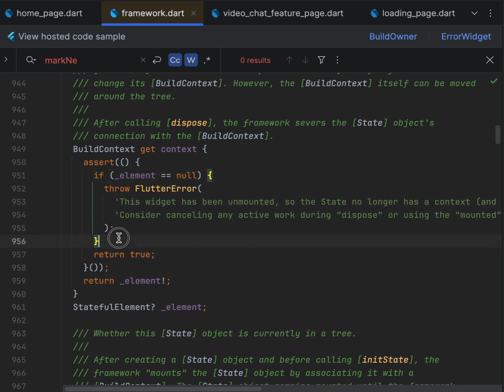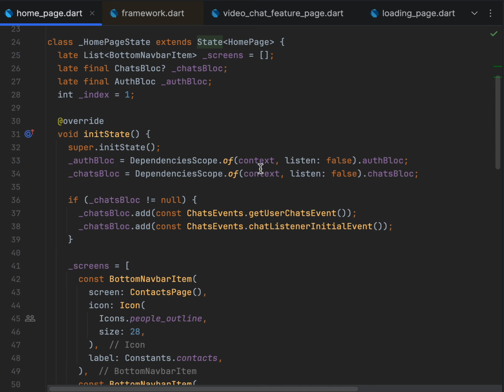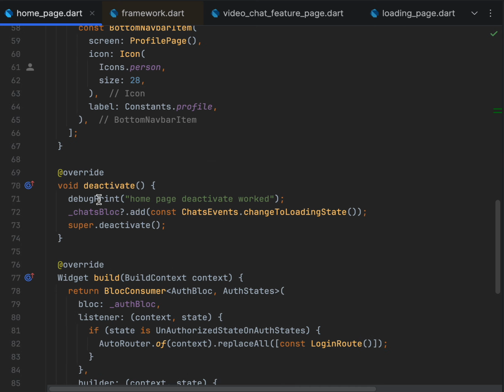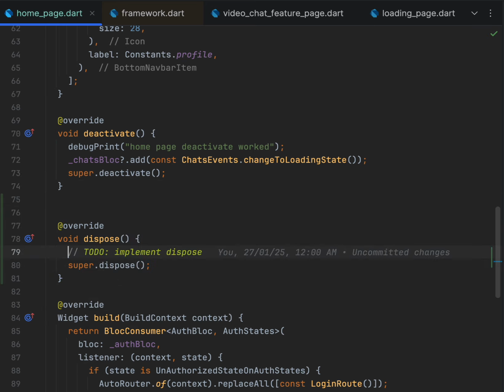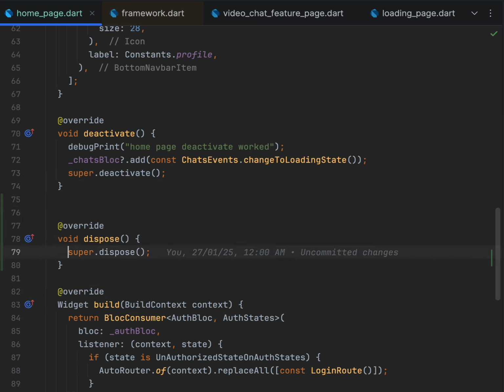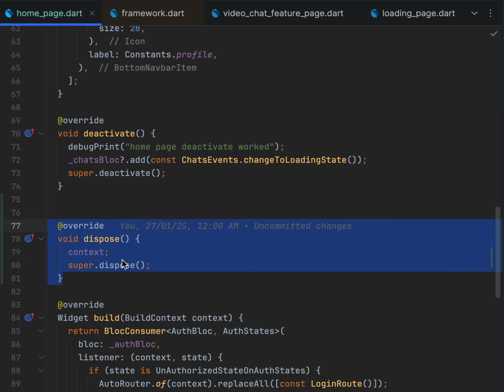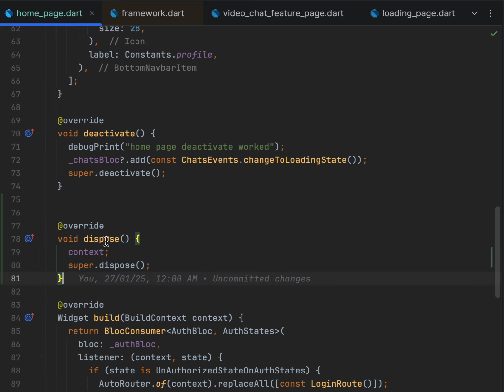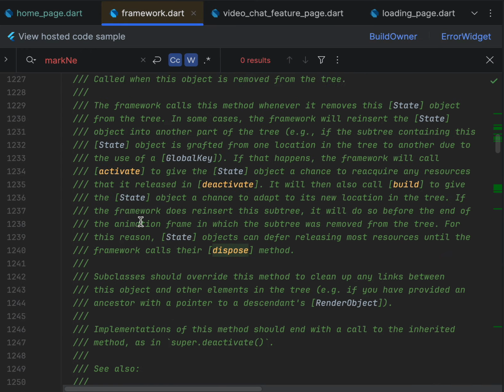Element checks whether, when you're calling something inside here, or maybe inside the dispose method, some kind of context, you're getting an error inside the dispose, because dispose unmounts it and takes the element off the element tree. That is why it doesn't work anymore. It throws a lot of errors there. That is why the dispose method of the state that you have